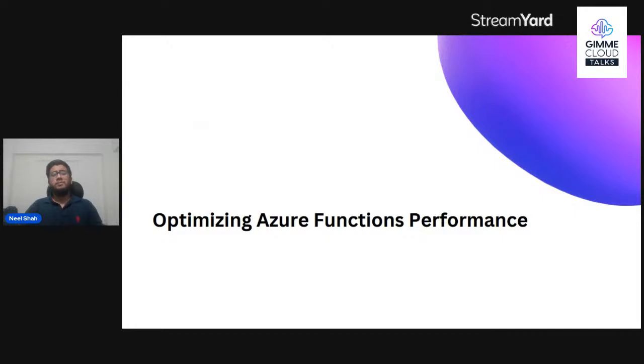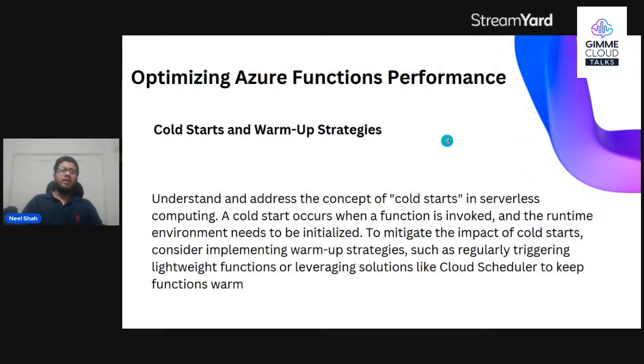So optimizing Azure Functions performance, how can we do that? Cold starts and warm up strategies. I will just give one example. When you have a car and you don't drive it for 1 year, the cost of maintenance would be a lot of money. Similarly, if you have a car and you drive it once or twice a month, the cost of maintenance would be lesser as compared to the one you didn't drive for 1 year. Similarly, this